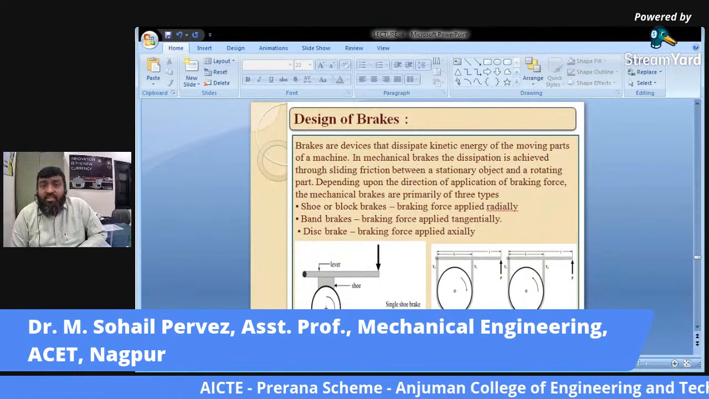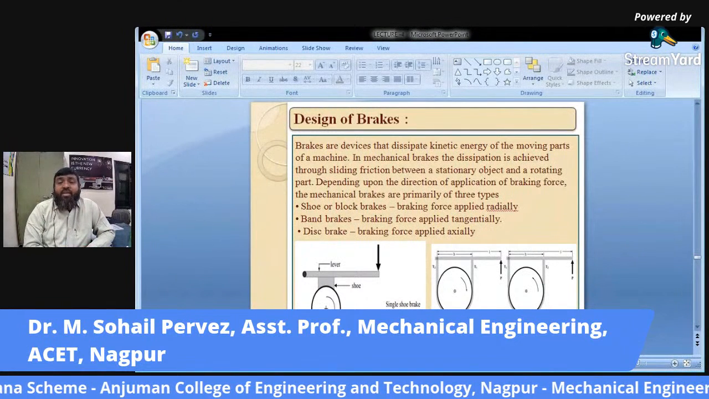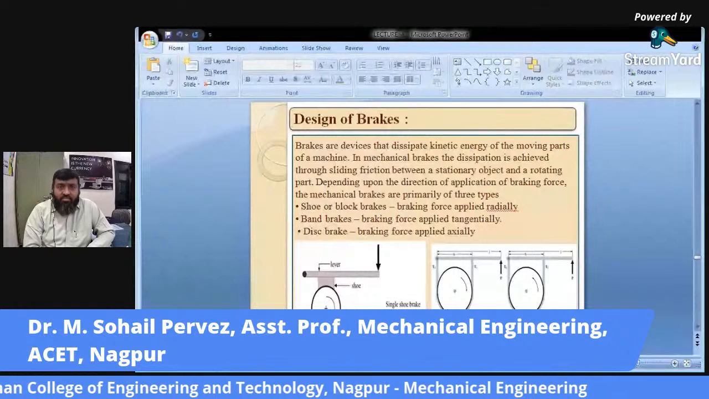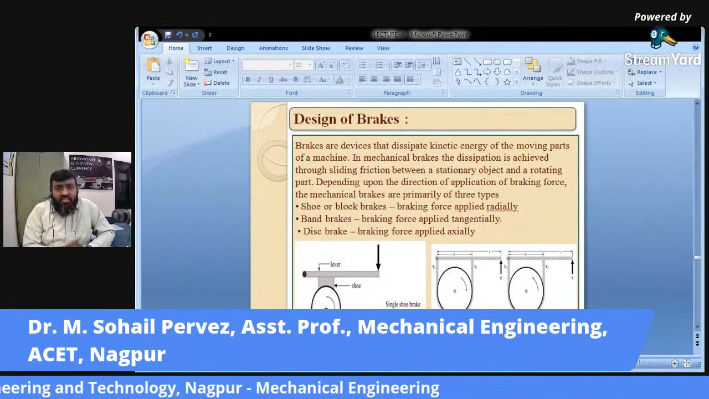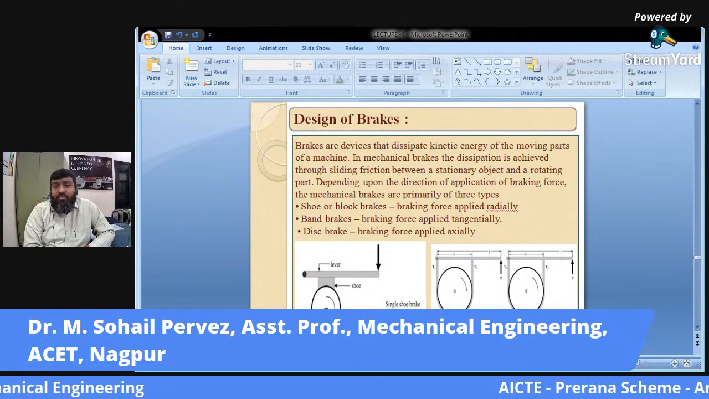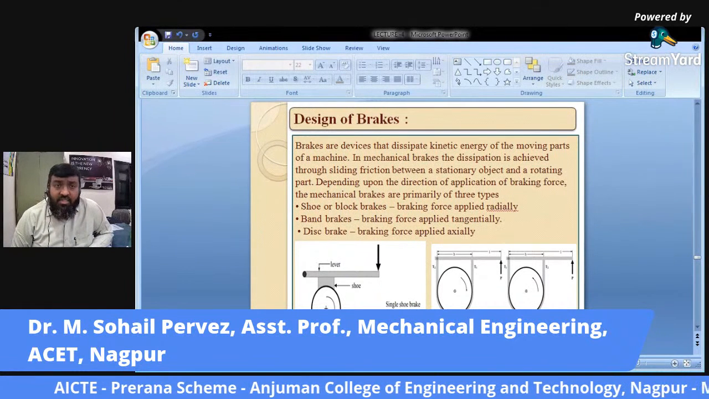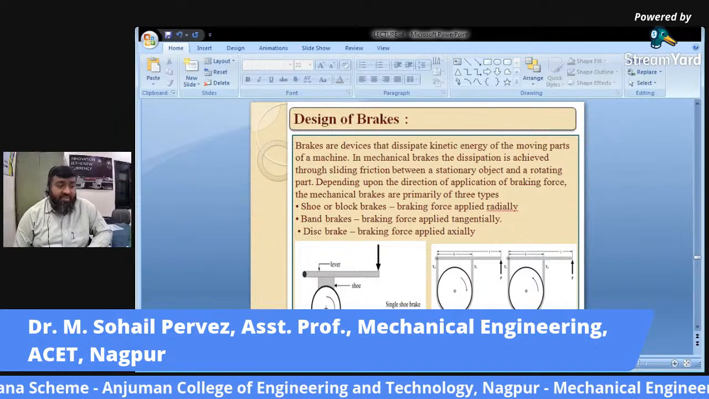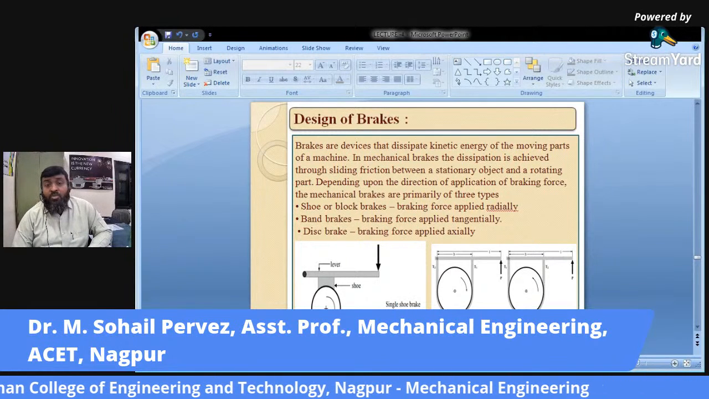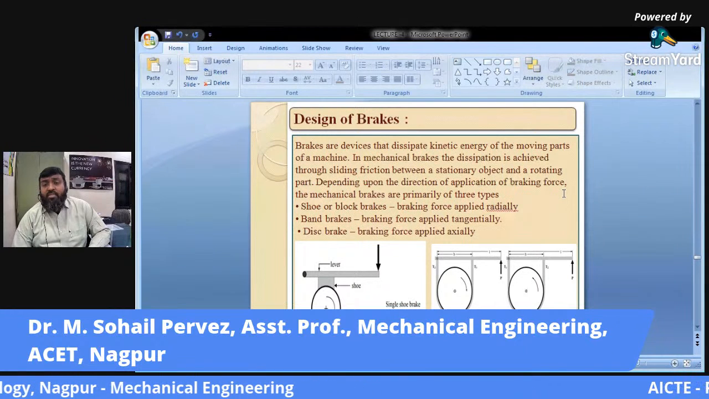Now when we say regulate, the inclination is more on stopping the rotating mechanical element, that is a shaft or a drum. So brakes are the devices that dissipate the kinetic energy of the moving parts of a machine. In mechanical brakes, the dissipation is achieved through sliding, obviously sliding friction. Depending upon the direction of application of braking force, the mechanical brakes are primarily of